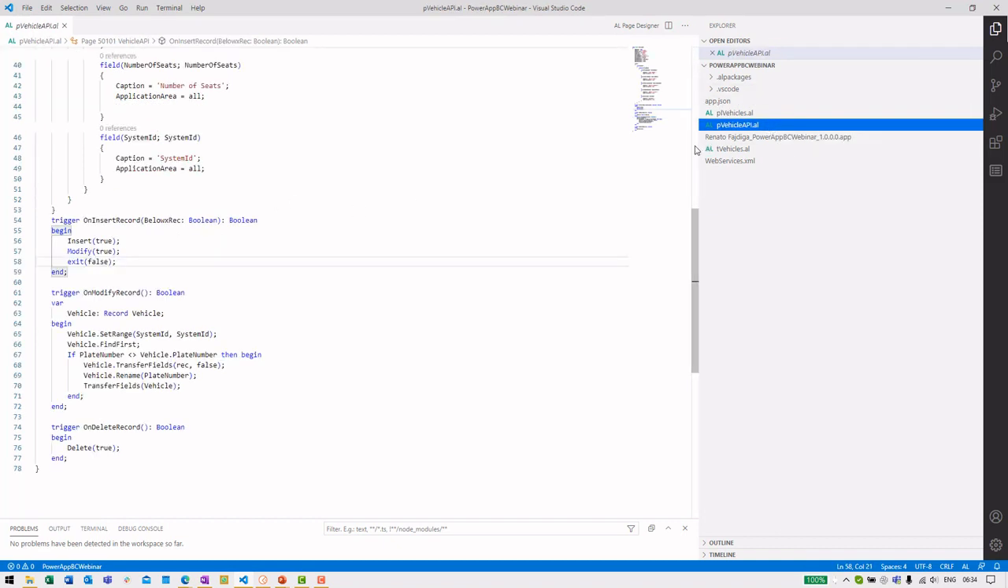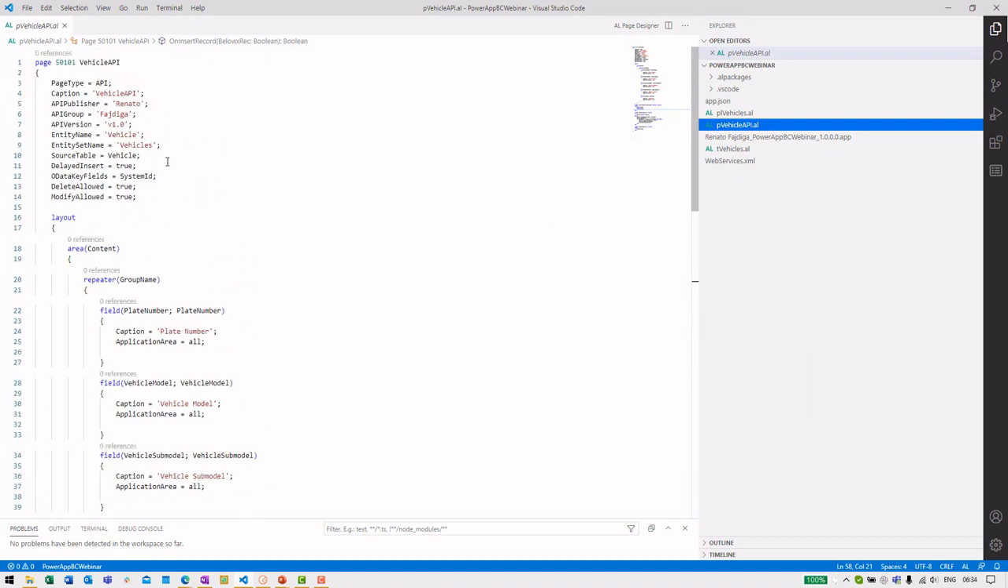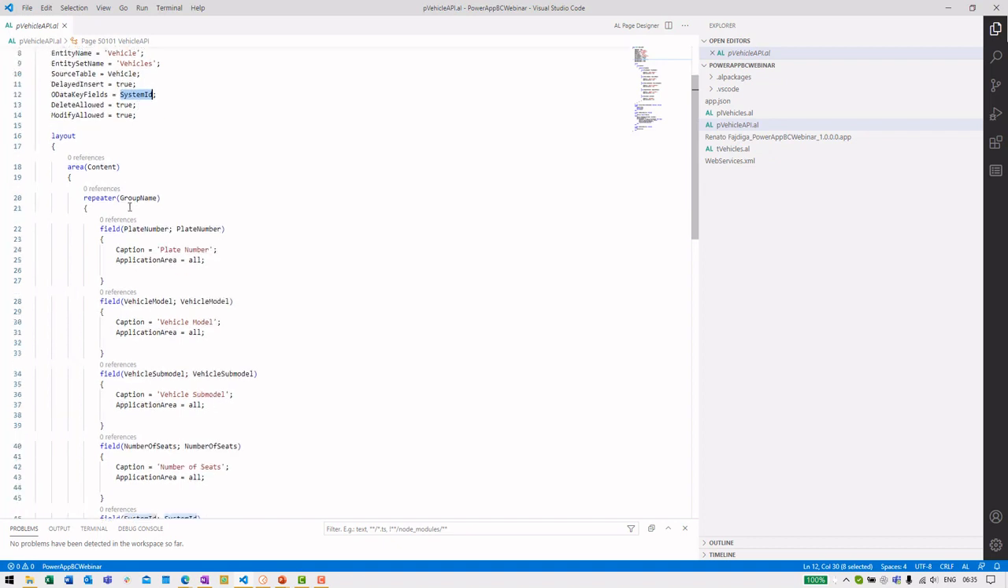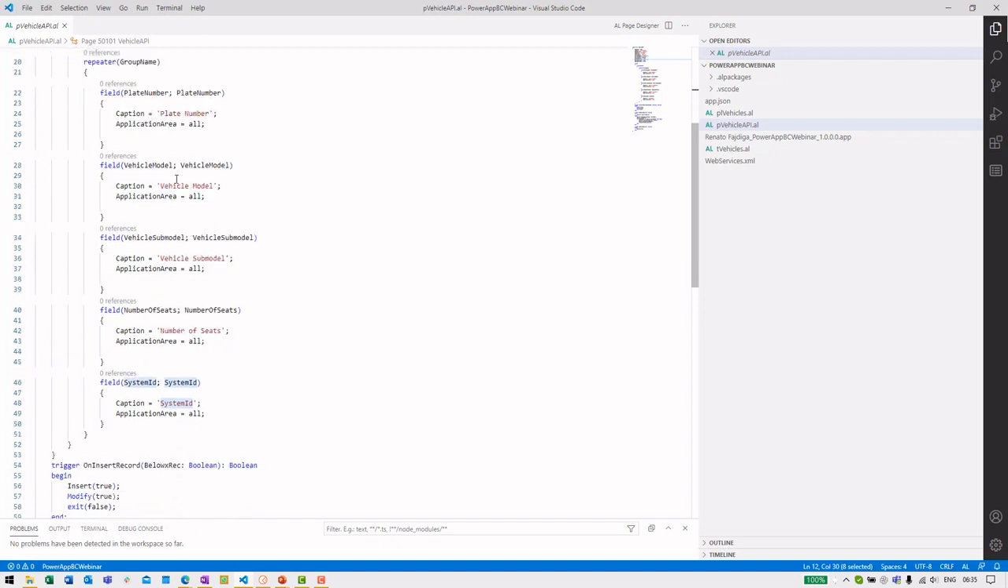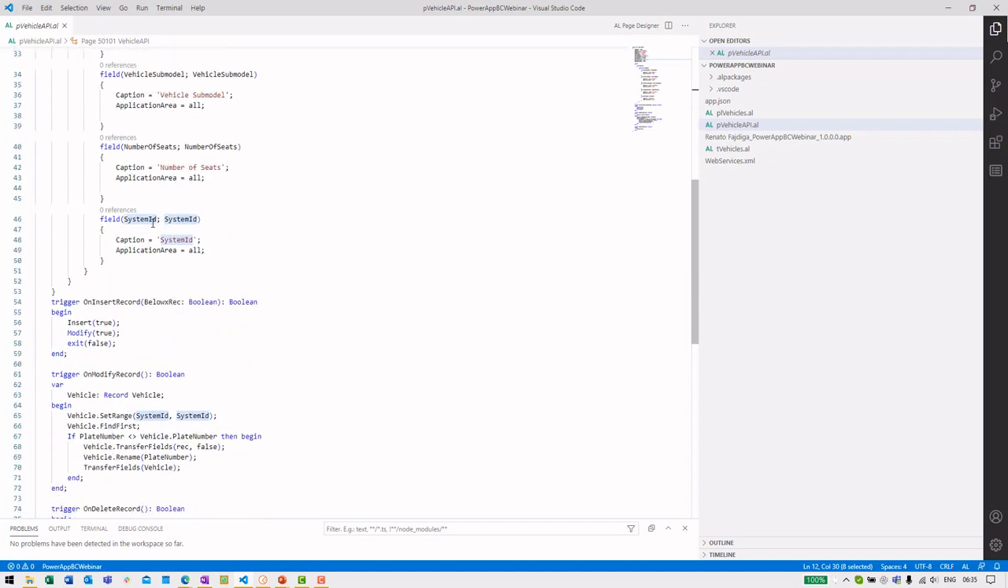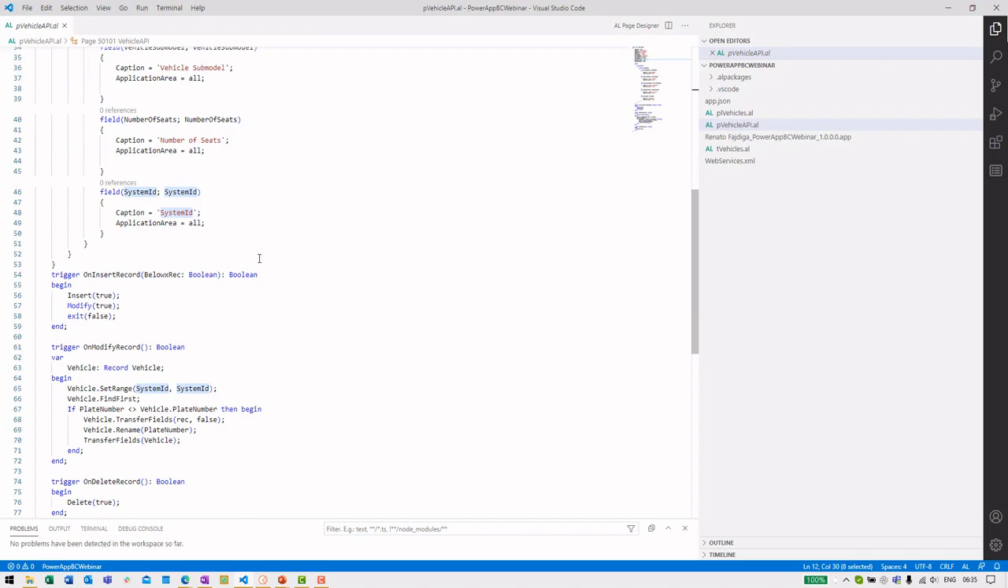and I create one API page. So we have the possibility to create an API page on top of my vehicle table, and there I use the OData key field system ID to receive the information about my vehicles. So this is the unique identifier of each row inside the table. Okay, I put the fields inside this application. Now assign here system ID,